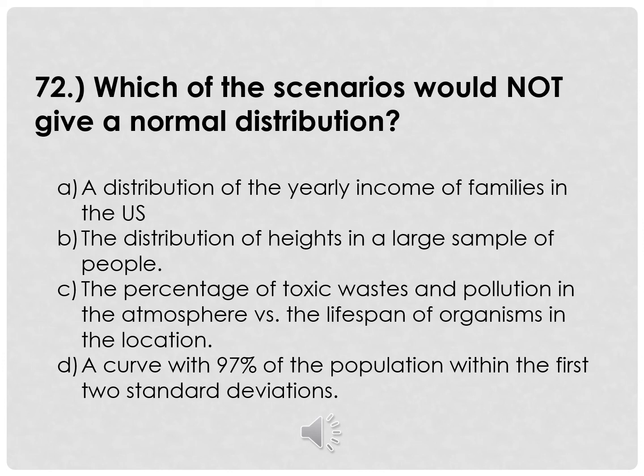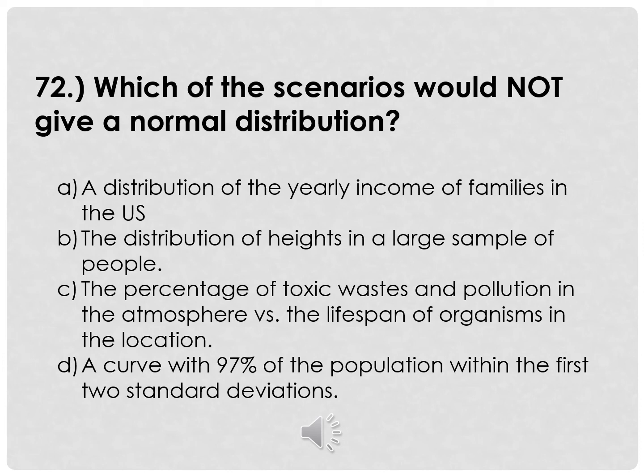Option D, a curve with 97% of the population within the first 2 standard deviations, is the technical definition of a bell curve. If we look at option C and look at the percentage of toxic wastes and pollution in the atmosphere versus the lifespan of organisms in that location, we're looking at an inverse relationship. The more toxins, the shorter the lifespan. So option C would be an example that is